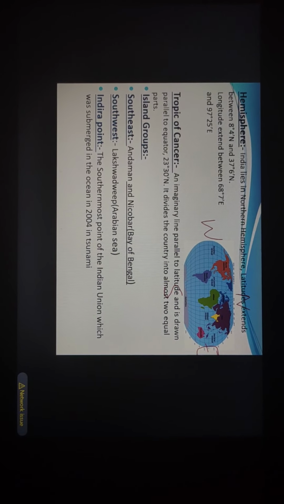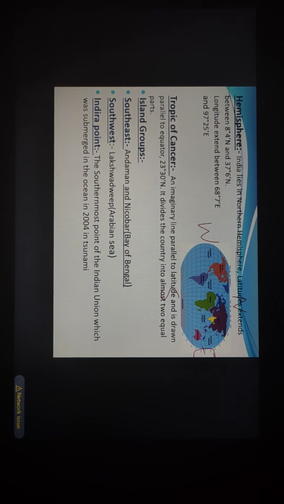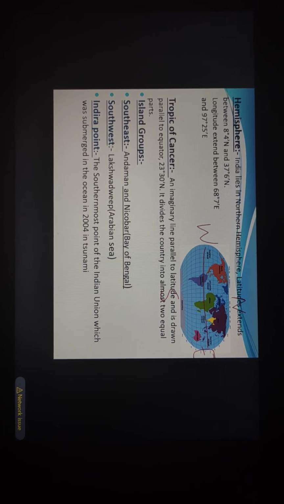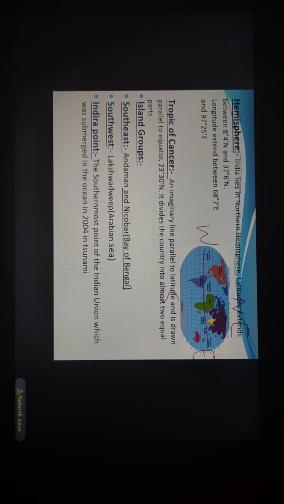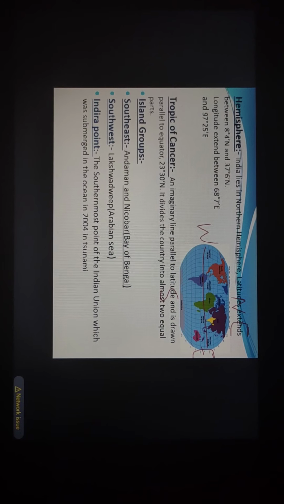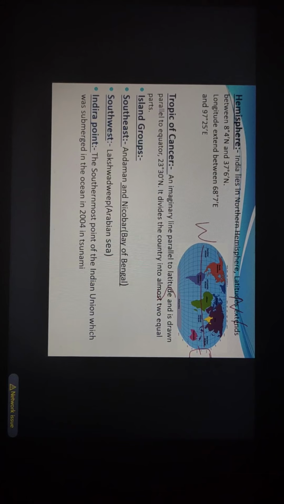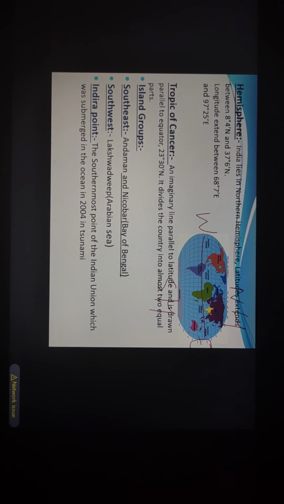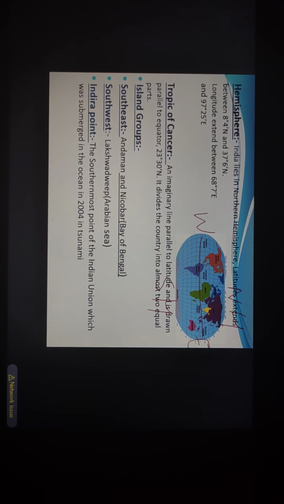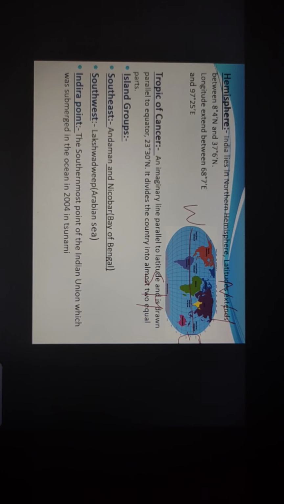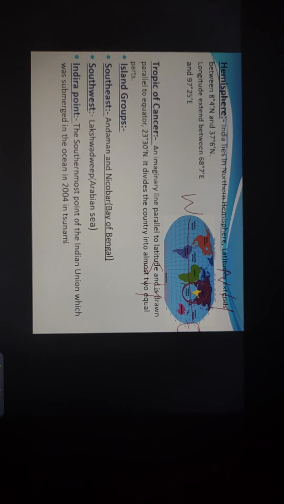Now 4 directions are there, and here also this dotted line is there. This line is the equator which divides the whole earth into 2 equal halves, that is the northern hemisphere and the southern hemisphere, right? Northern hemisphere is the uppermost part and the southern hemisphere is the second part. So our Asia is located here in the northern hemisphere, in that yellow one, our India is located here,